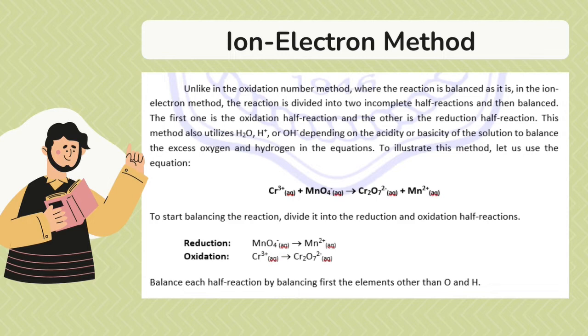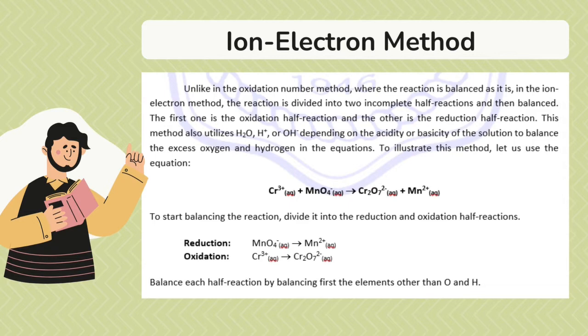Okay, so in here, unlike in the oxidation number method where the reaction is balanced as it is, in the ion electron method, the reaction is divided into 2 incomplete half reactions and then balanced. The first one is the oxidation half reaction, and the other one is the reduction half reaction. This method also utilizes H2O, hydrogen ion, or hydroxide ion, depending on the acidity or the basicity of the solution, to balance the excess oxygen and hydrogen in